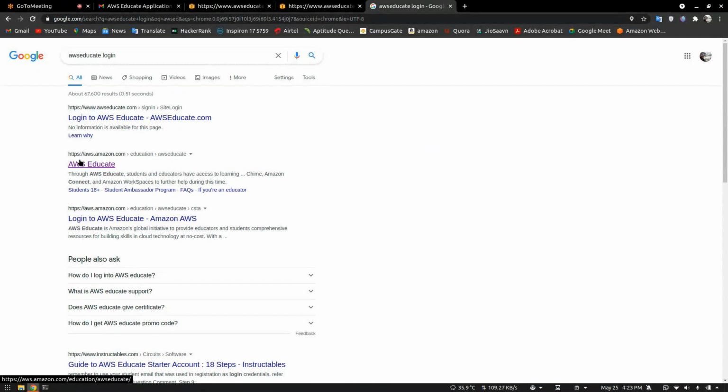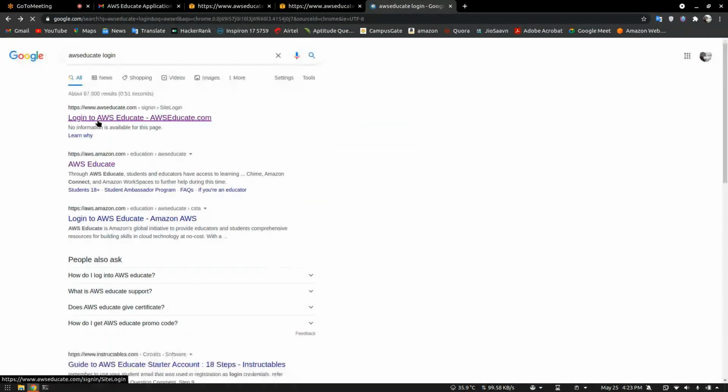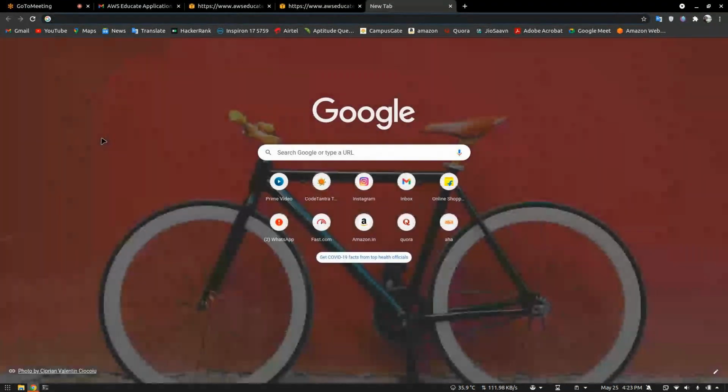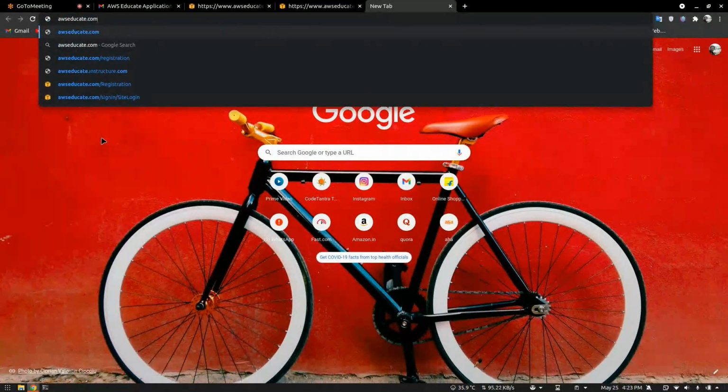Yeah, click on AWS Educate. Again back. అలా కాదండి, ఒకసారి awseducate.com and enter. So in the URL path, browse awseducate.com and enter.